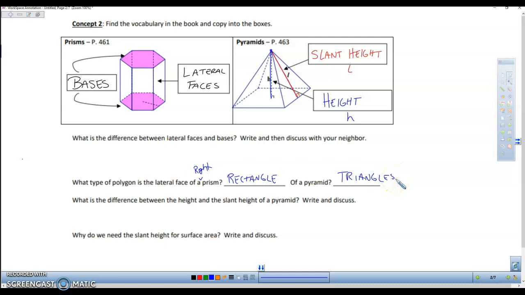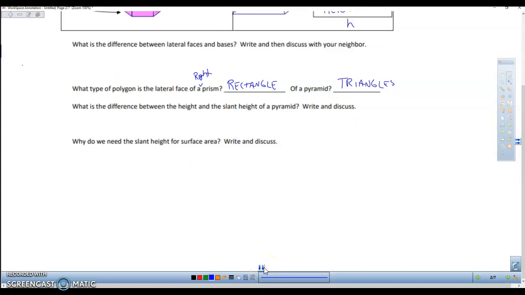What is the difference between the height and the slant height of a pyramid? Again, take a moment and think about this, and then go and look at the filled-in version of the notes to see what I have written. And then the last thing on this page here is why do we need the slant height for the surface